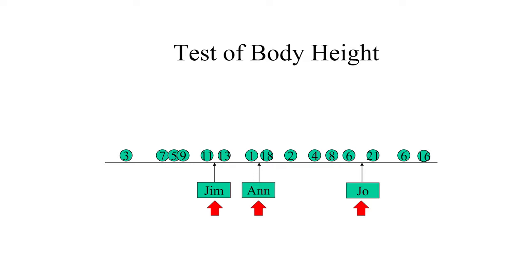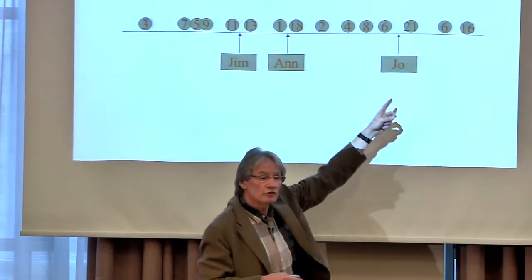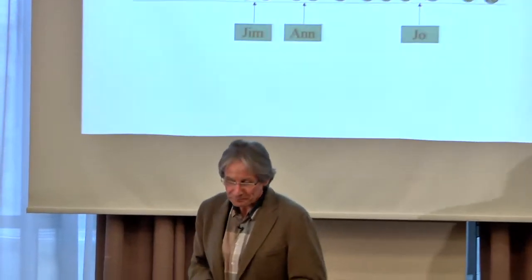This is their theta, so this is Jim and Joe, these are all people. Also, the items are located on that latent scale. And the latent scale means that Jim has a high probability of saying yes to items 3, 7, 5, 9, etc. But he's too short to say yes to the other items in probability. And so it goes on. Joe is very long. Joe dominates all these items, says yes to them, but these are too far out. Okay, that's the whole idea.